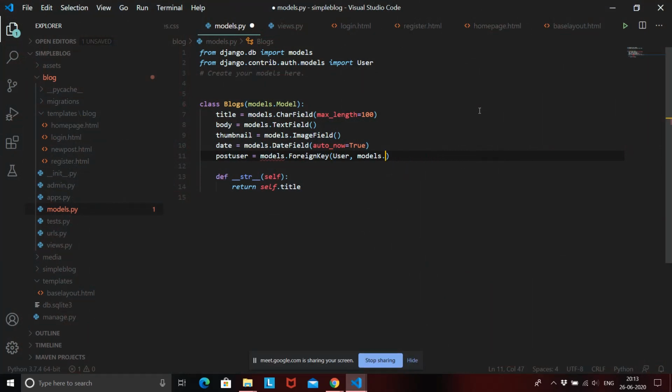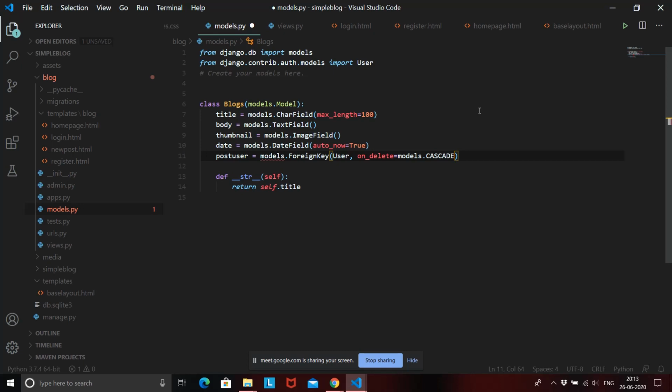So what this attribute does is, when we say on_delete equal to models.CASCADE, what models.CASCADE basically means is that this is a property of the database. It means that once a user is deleted, suppose you delete a user from the database, then all the blogs that this user has created should also be deleted.